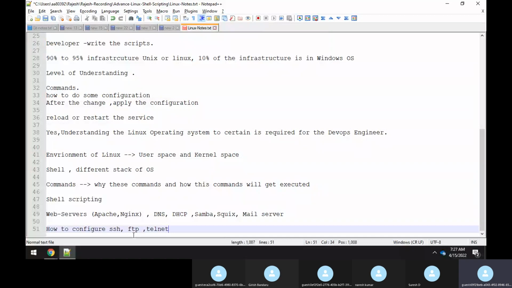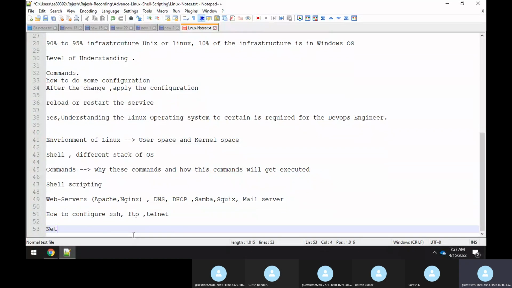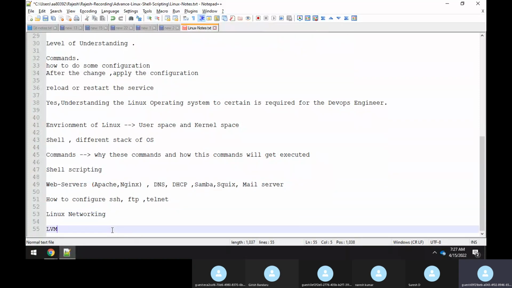So there are many kinds of services which you need to learn, and also you need to learn about networking, particularly Linux networking. And of course you need to learn about LVM, or you can say Linux partitions.